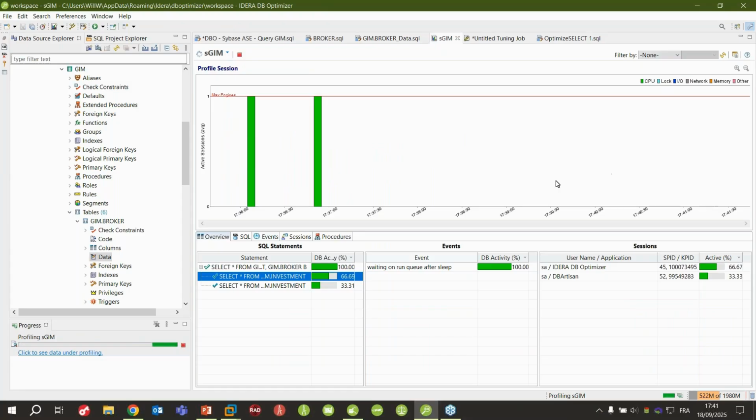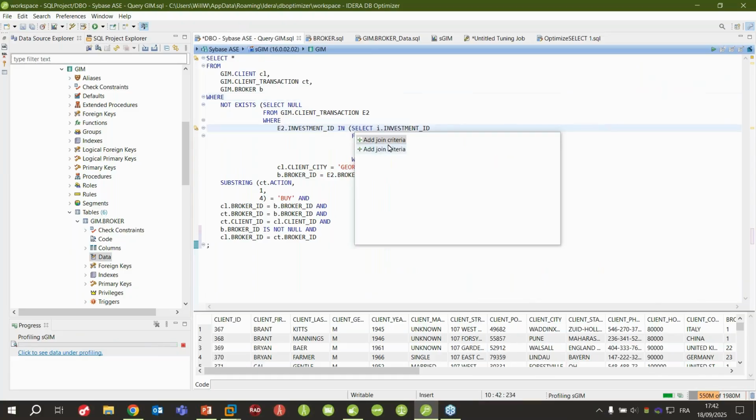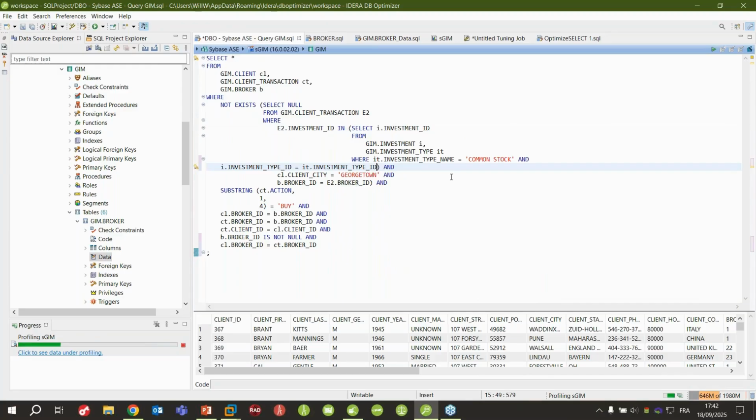I will show another test. For example, if we know that we have some queries that are very slow, and I would like to understand why these queries are slow sometimes, not always, but sometimes. For instance, I will run this query once again just after. I can even optimize it, putting back my criteria.